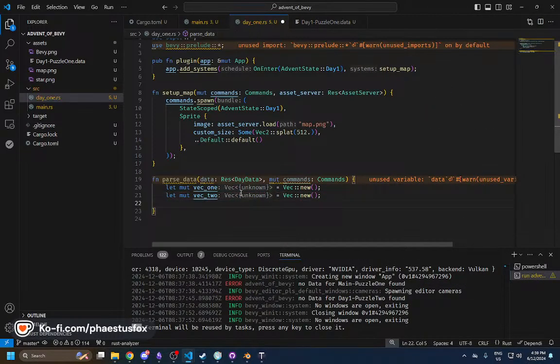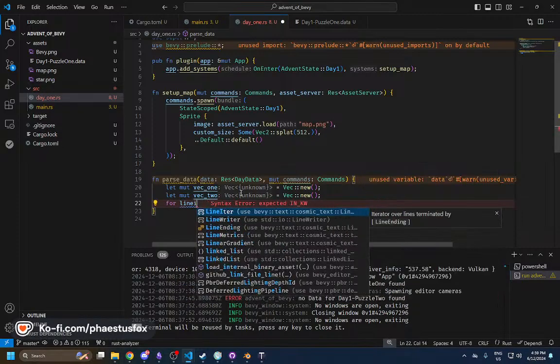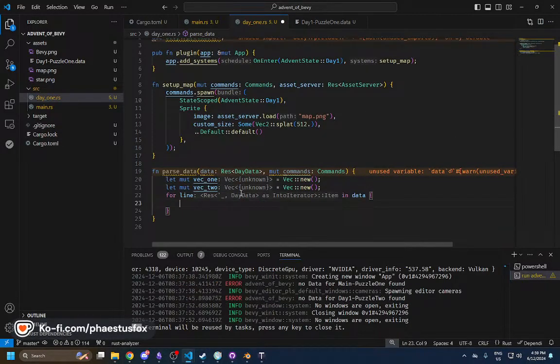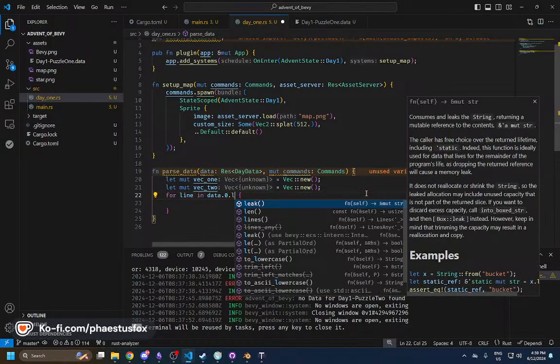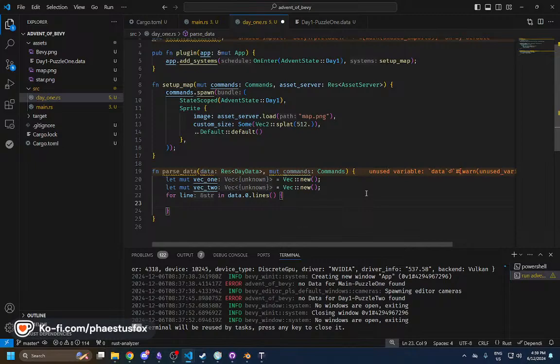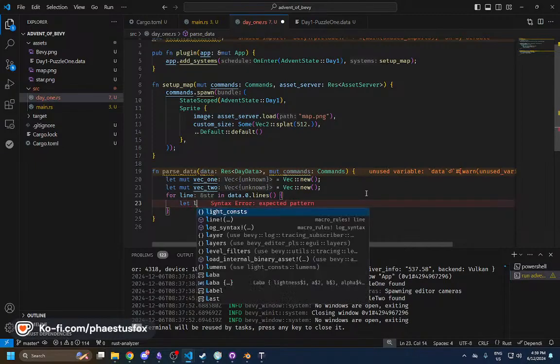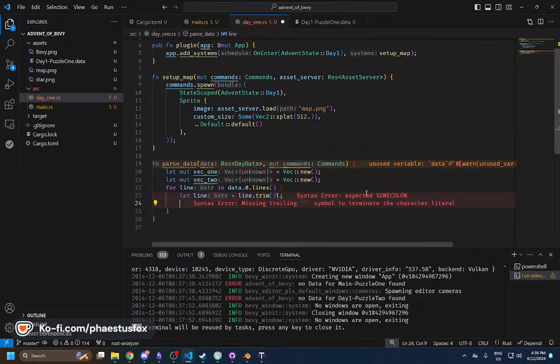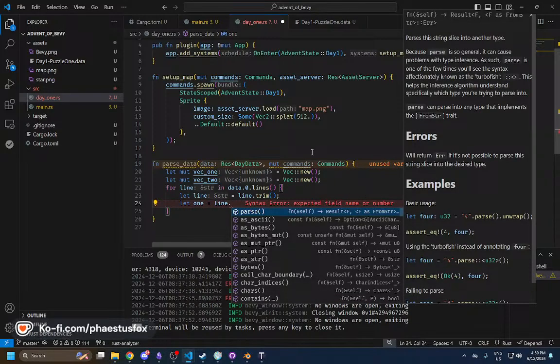And then we say for line in data.0.lines, we need to say that line equals line.trim. Let one equal line. Okay,